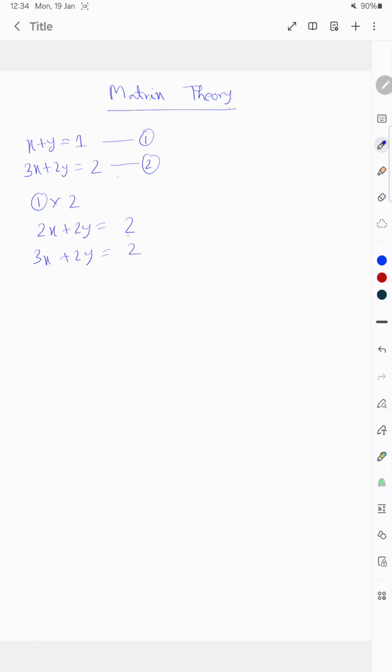So after that, if you do the subtraction, so then basically this is your new equation 3. So if you do 3 minus 2,